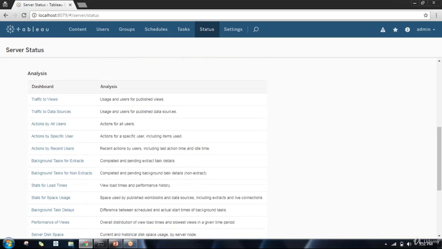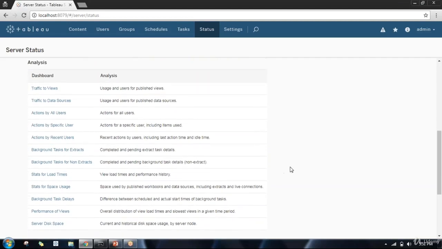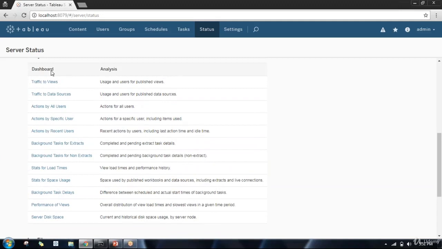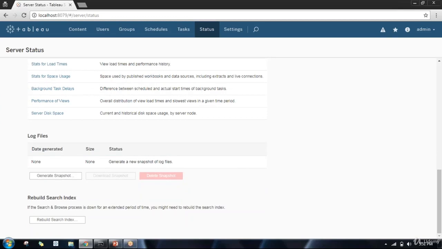If you want to see detailed information about the views, data sources, and every process, you can have a look at this. We already have a video on building administrative views. You can check those videos and the status video. We have all the detailed videos there. If you want to maintain the logs, we have a video for the logs too. Everything related to checking health and maintaining Tableau Server, we can see from this status tab.